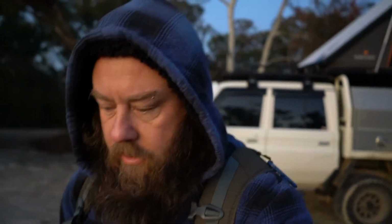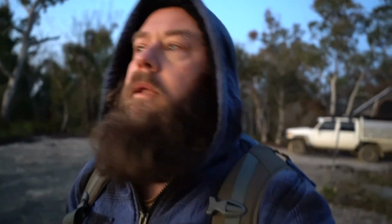Good morning. So this is camp last night in Ben Bullen State Forest, and we're probably, I don't know, not far, maybe 10 minutes before sunrise now. And I've camped in this spot for a reason, and that reason is I know there's a cool little lookout just here. Surprisingly cold last night. It's actually bloody freezing right now,